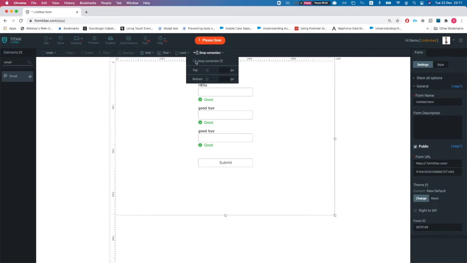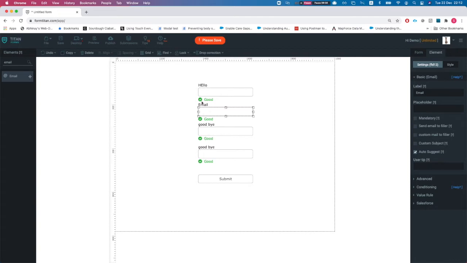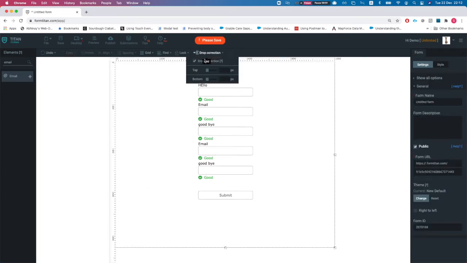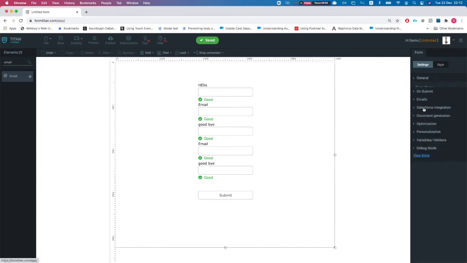So if I select drop correction, you can decide how much you want it to space out from the top or from the bottom. I'm just going to leave it as default, and I'll do the same thing. I'll drag my email over here in the middle, and you can see that it spaced it out automatically. And if I do the same again, then it will make space for it and push everything around it, and you can control how much you want it to push. This is a very, very useful feature. All right, so we'll save this, and now let's move on to our